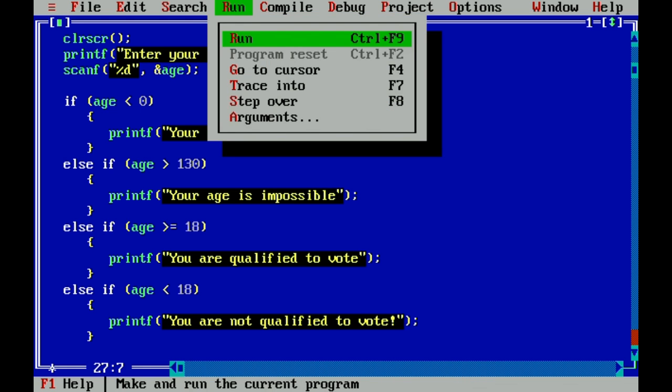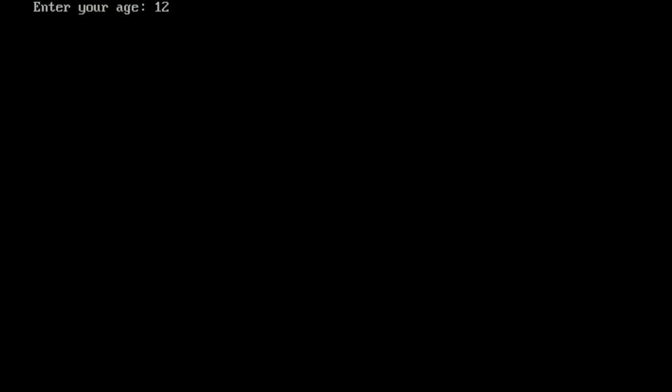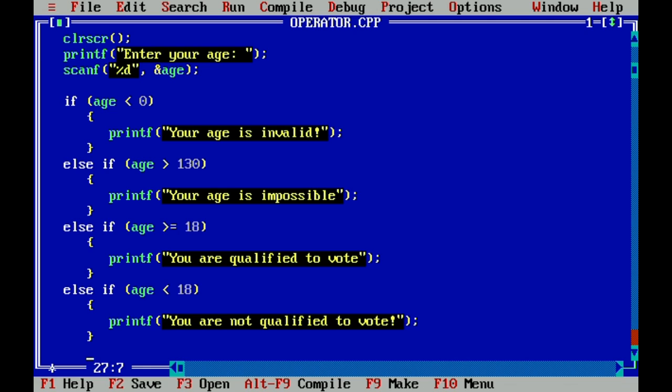But if you write an age of 12, then it would be, you're not qualified to vote. That would be the result. But if you're of legal age and you're qualified to vote, let us say 34, then it will now display you are qualified to vote.